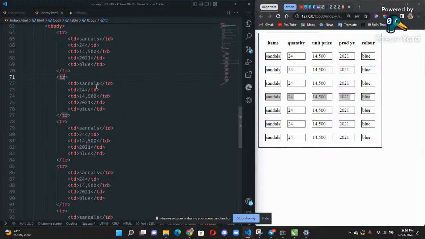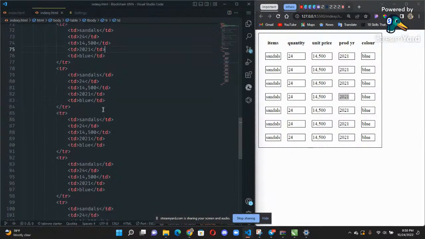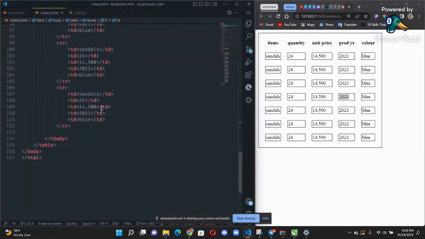Every cell, this particular sandals, this particular number, this particular year, is a cell. Every cell must start and end with the td, which is the table data. We do use tfoot, but most persons don't use it.